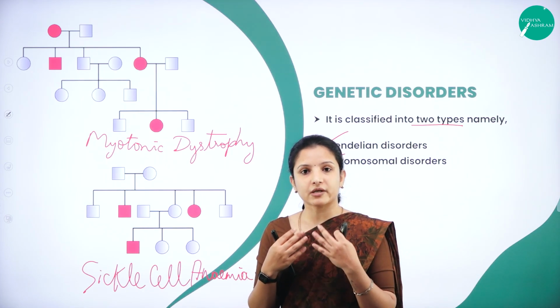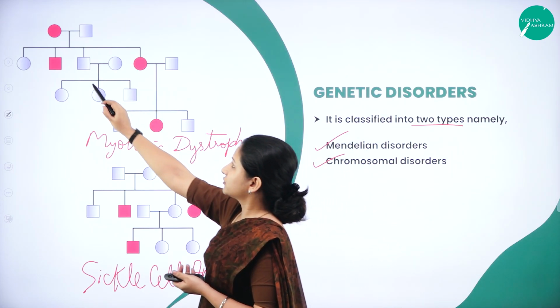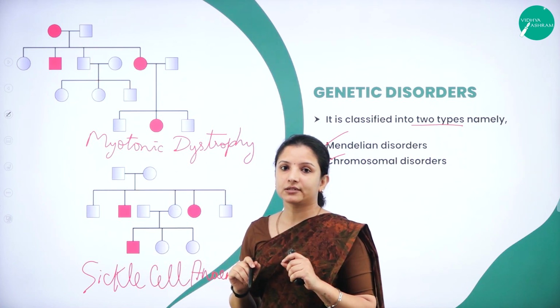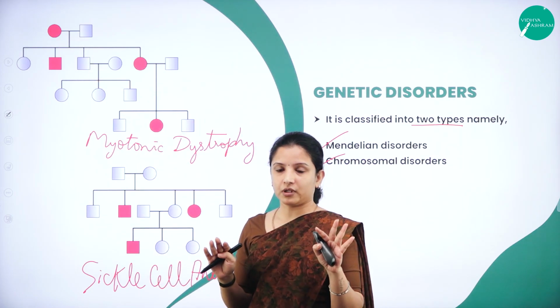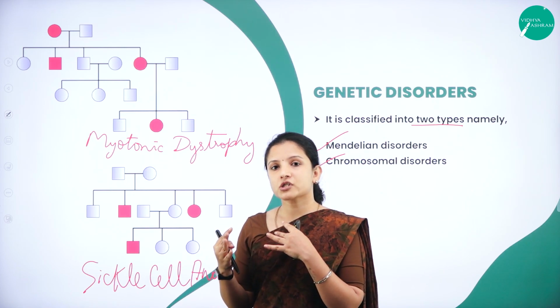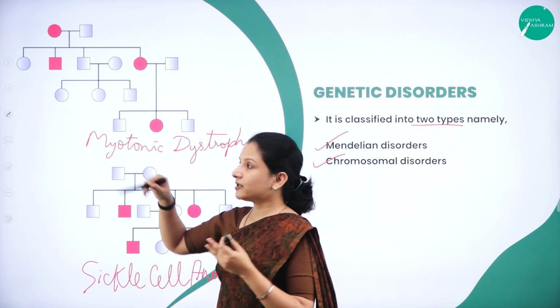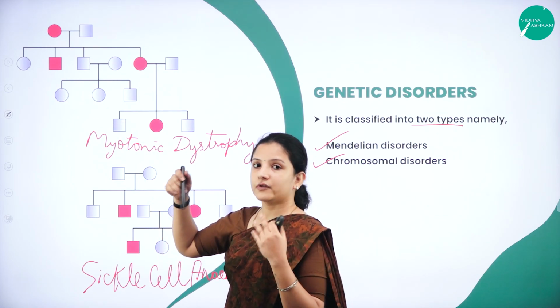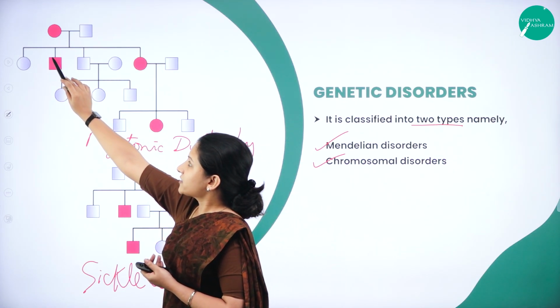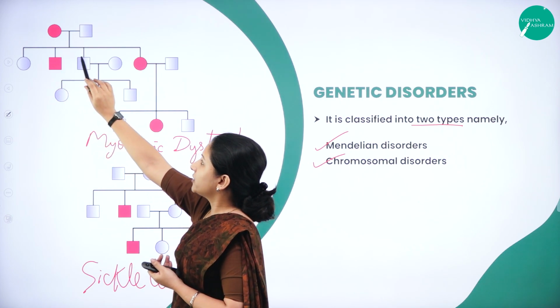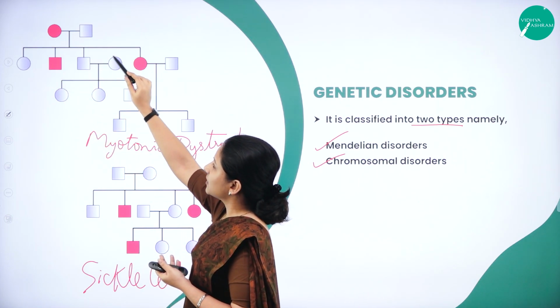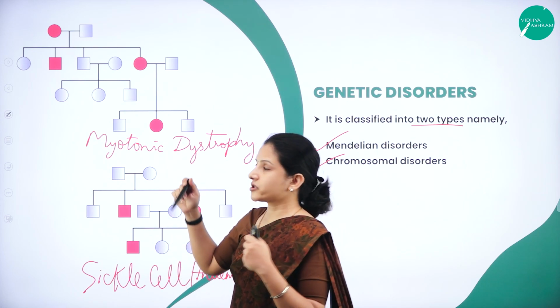So it is a disease which affects the muscle. Myotonic dystrophy: the female is having myotonic dystrophy and the male is normal. Both have mated. So the progenies, if it is a female child, she can be healthy without the disease. The male child can have the disease, or the male child may not have the disease. So these are the possibilities of the progenies, okay?